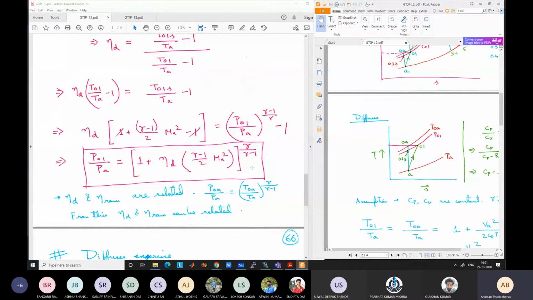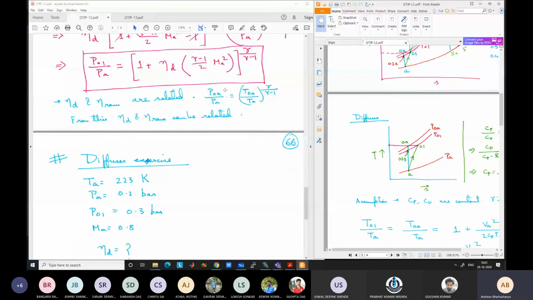Please read this part before the next class. This is very important because this will be required for the entire course after this, the diffuser calculation, and later we will study nozzles, so nozzle calculation. For all the engines it will be required. Any of the calculations will go wrong if you cannot calculate correctly the outlet condition from the diffuser. Whether it's turbojet, turbofan, turboprop, ramjet, all the engines will require calculation of the diffuser. So this has to be very clear, what actually we are trying to define here. Questions?